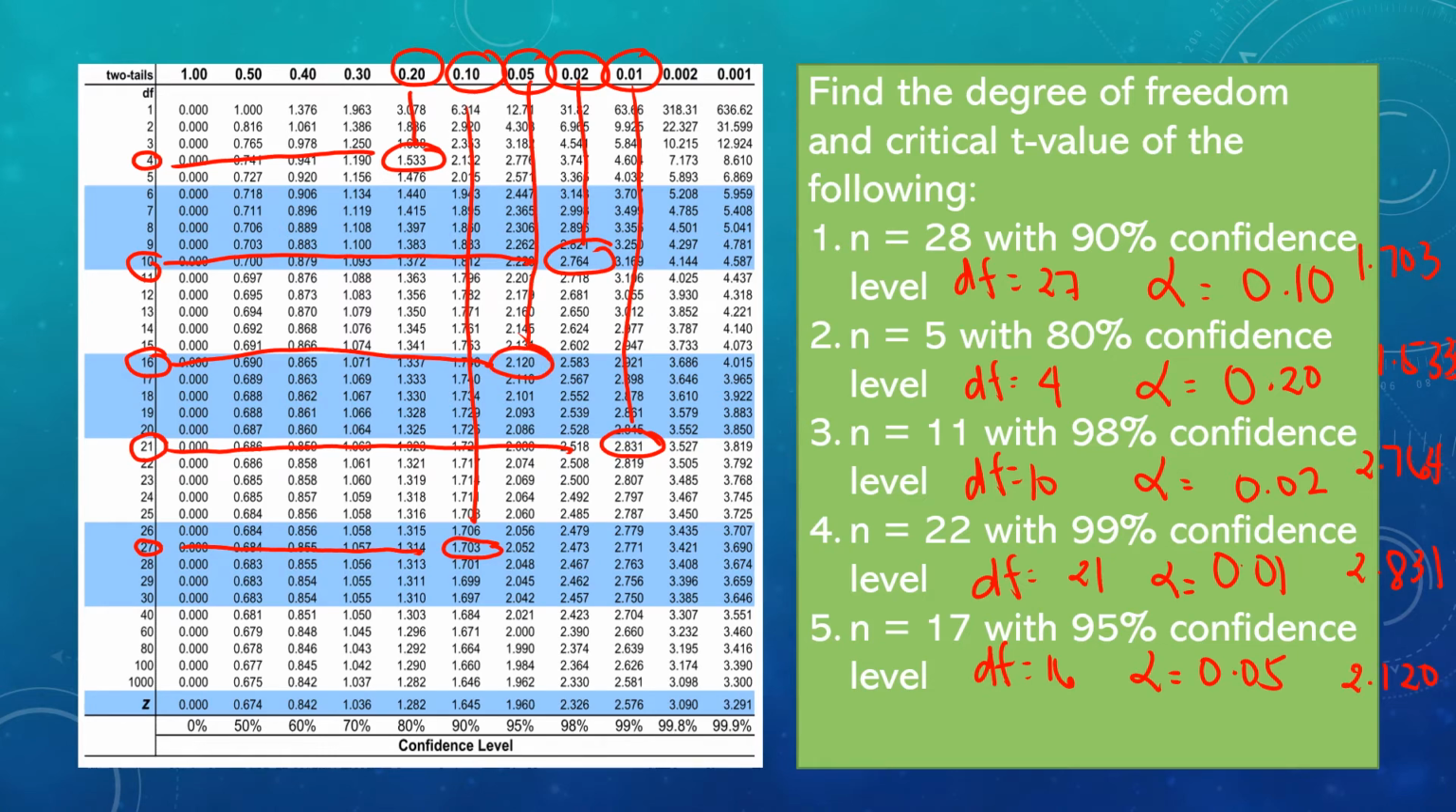So that's the process on how you are going to find the critical t-value, degree of freedom, and level of significance of the given values. Let us now try this with the given problem. Before we proceed on the given problem pertaining to point and confidence interval estimation for population mean, we should take